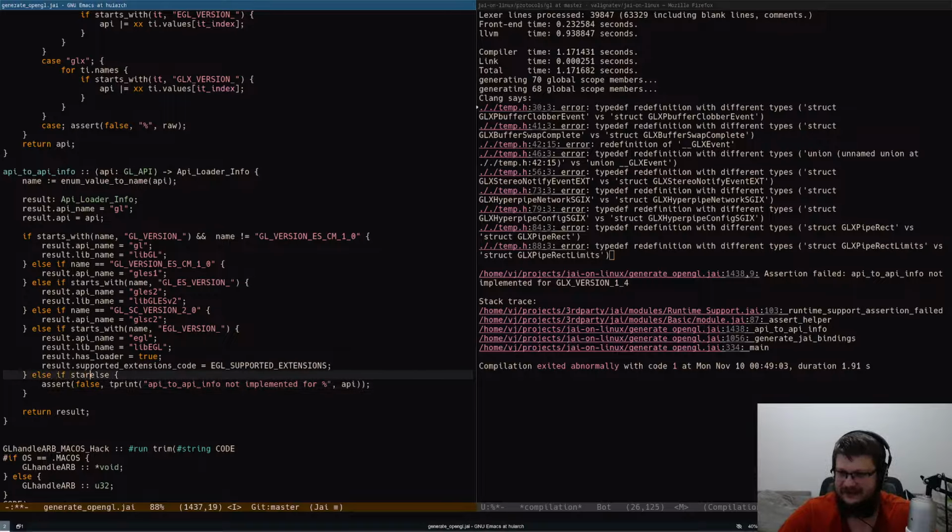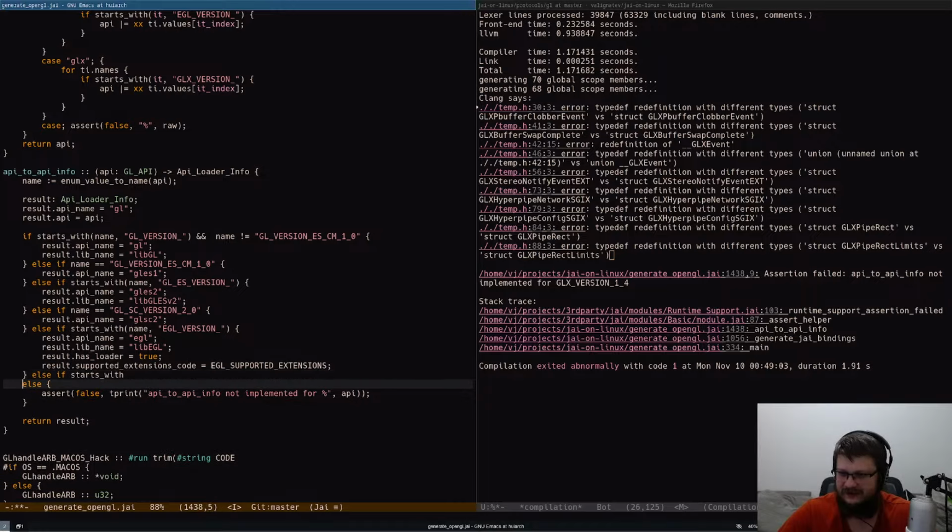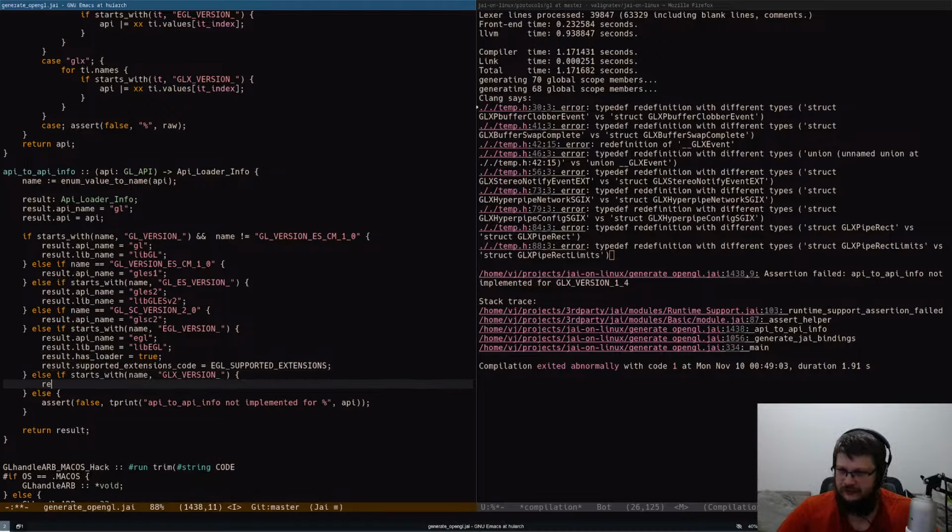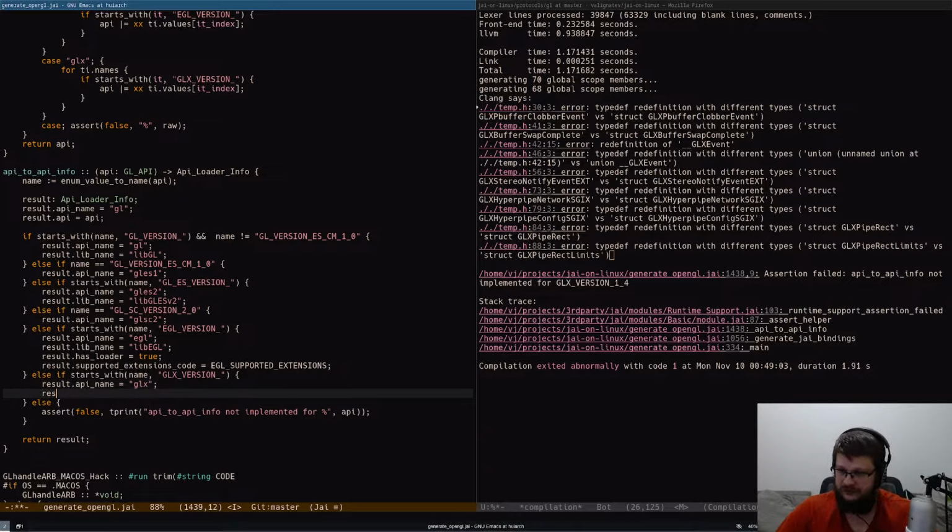Else if starts with, and then else. Name glx version this. Result API name equals GLX. Result lib name equals